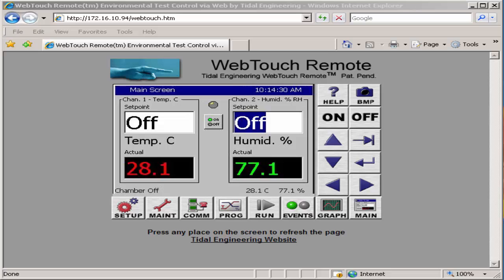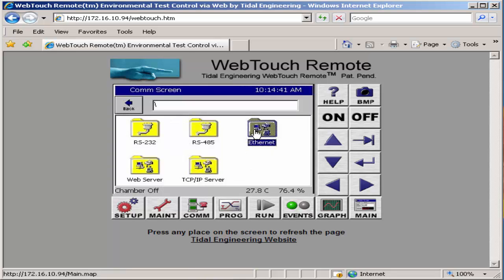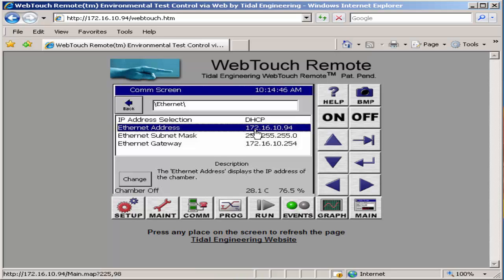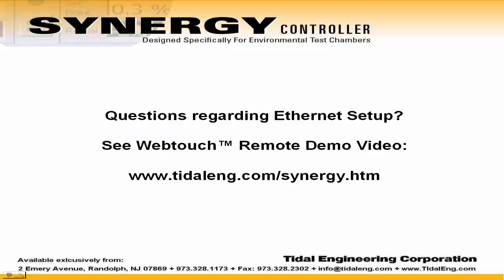To access the FTP server using an FTP client such as Internet Explorer, I'll need the controller's IP address. I find it in the ComScreens Ethernet folder. For some parts of this demonstration, I'll be using the WebTouch remote, but you can follow these same steps at the chamber using the touchscreen. If you have questions about Ethernet setup, please see the Synergy Controller's WebTouch remote demo video for a helpful tutorial